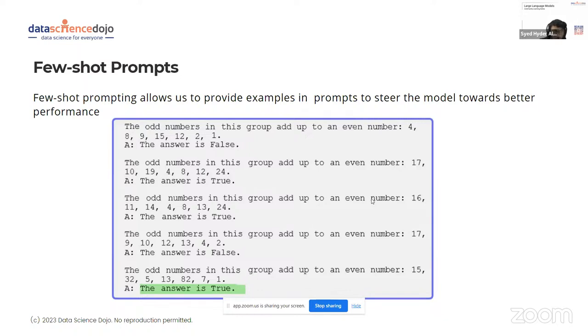But it all depends on how many examples we can give. For example, if it is summation, LLMs are not very good at reasoning and complex tasks like adding or mathematics. GPT-4 handled that better because they trained it on better data, but GPT-3 and 3.5 were very bad at it. So even sometimes few-shot prompting does not work well. In this one, at the end, we gave it some examples, but it gave us the wrong answer. It said this is true, but it is supposed to be false.